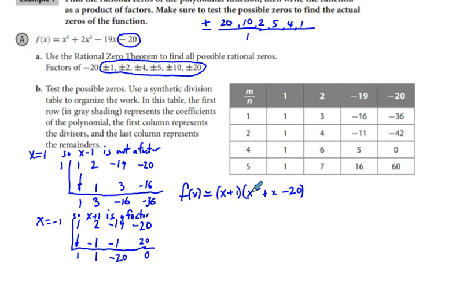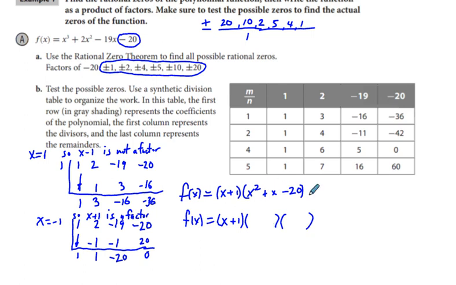And we can factor this x squared plus x minus 20. So we have f of x is equal to quantity x plus 1, and then factoring